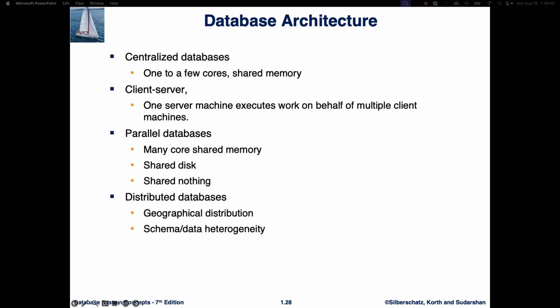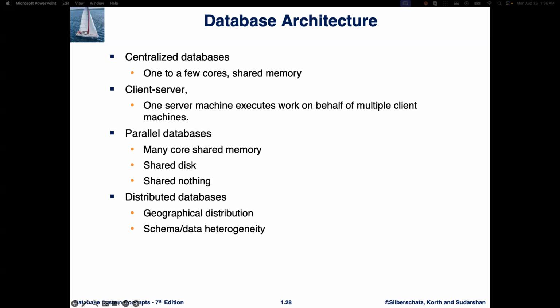And finally, distributed databases. In a distributed database, data is stored across multiple geographic locations with each site having its own database system. For example, geographical distribution. Data is distributed across various locations to improve access speed and redundancy. Or schema data